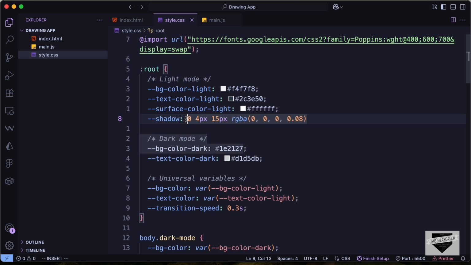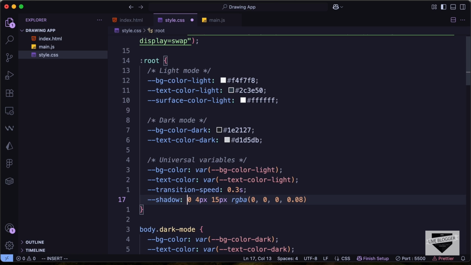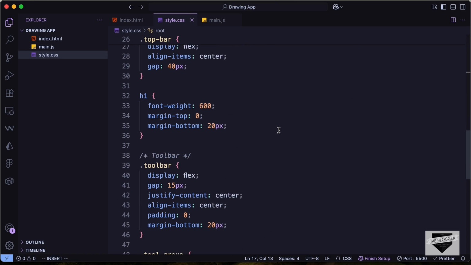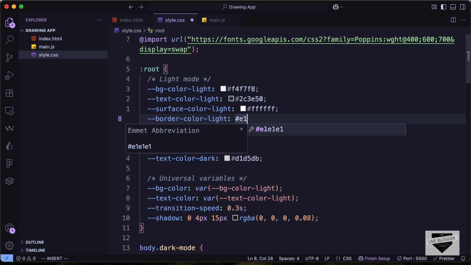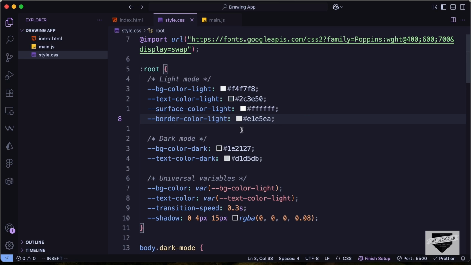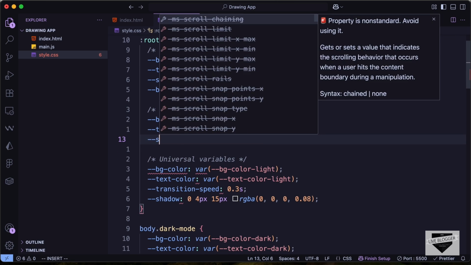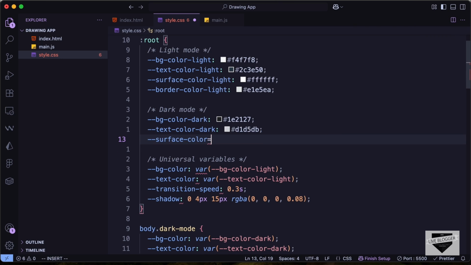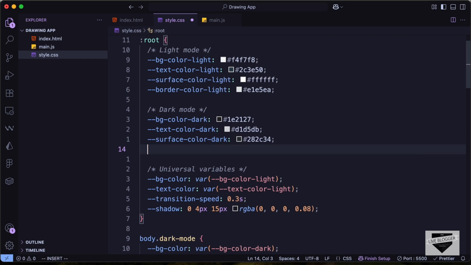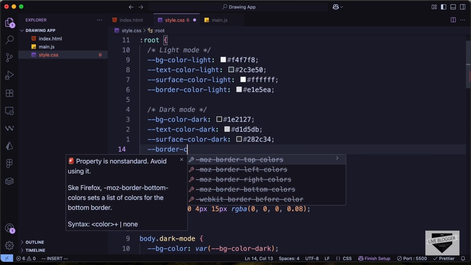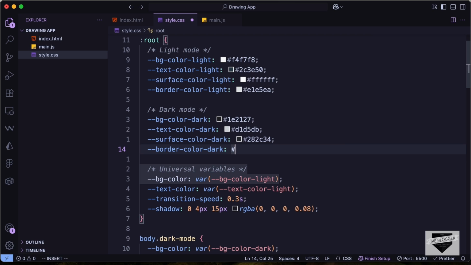And let's add this to the universal variables over here. And the next thing is the border color. So let's type border color light, and let's set the value to E1, E5, EA. Right now let's create the dark variants of surface color and border color. So let's type surface color dark, and let's set the value to 282C34, and let's type border color dark, and let's set the value to